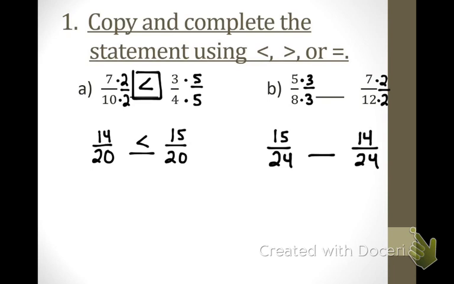14/24. So what should go into the blank? Greater than, less than, or equal to? If you said greater than, you are correct, because 15/24 is greater than 14/24. So then you're simply going to stick that up there in your original fraction, and we know 5/8 is greater